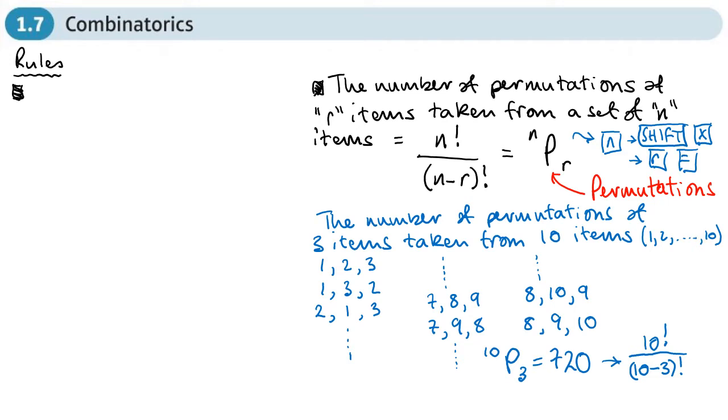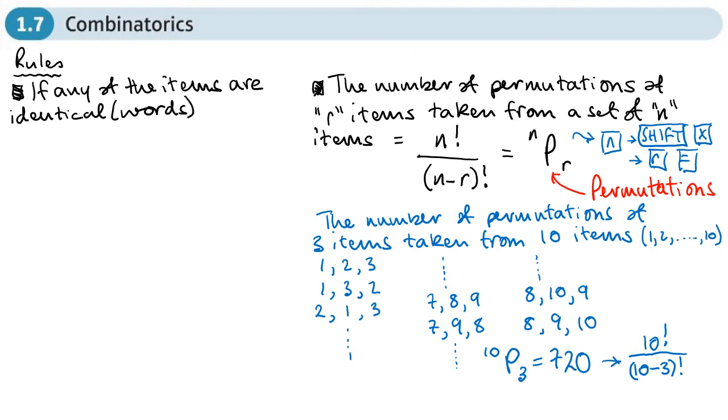You get certain words where you've got identical letters, and that's going to change our rule slightly if we want to work out the number of permutations of the letters in that word if we've got some repetition of letters. So if any of the items are identical, like what you get in words where letters come up more than once, then the number of permutations